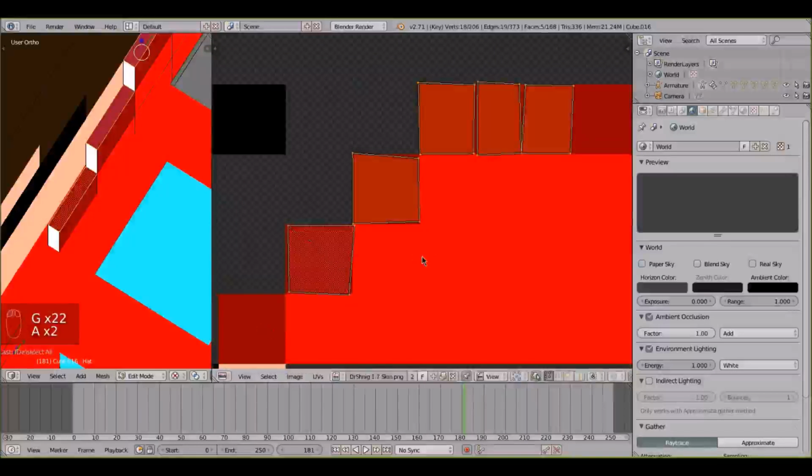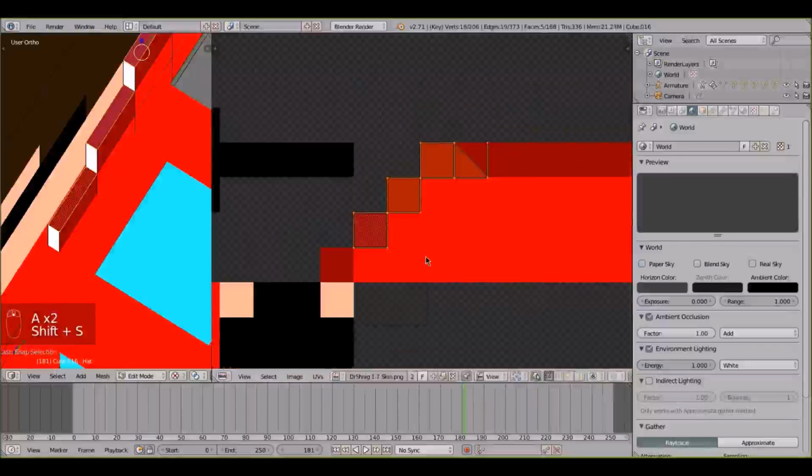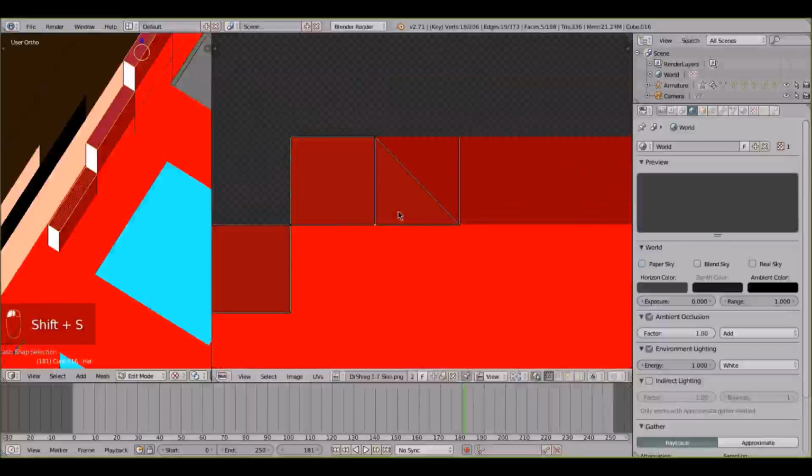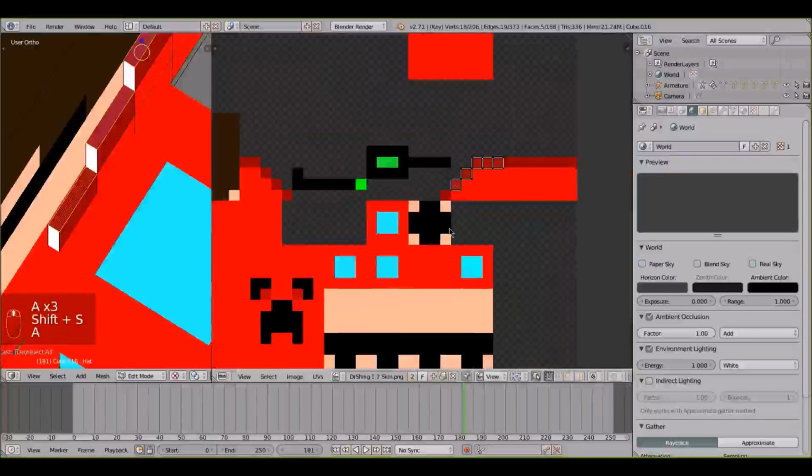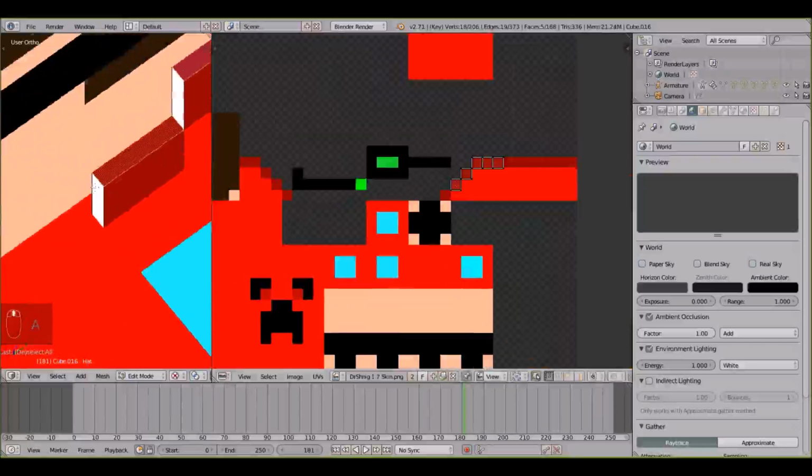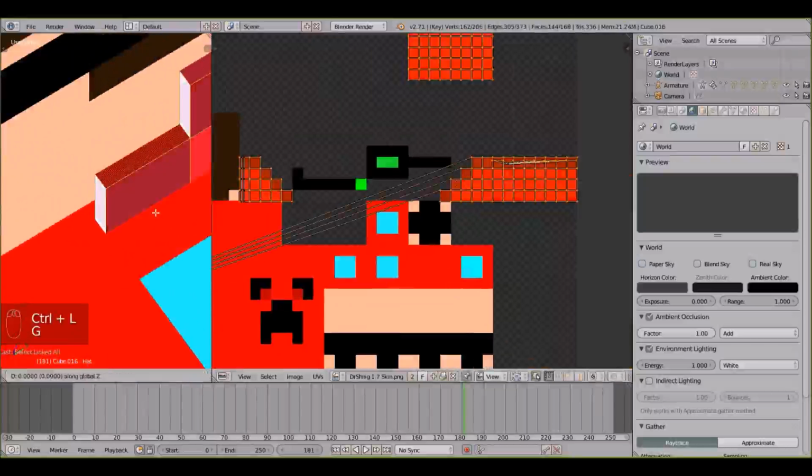and hit A, and Shift S selected the pixels. Now this went wrong, which I kind of expected, to be honest with you guys, because whenever I do this in the tutorials it cannot work. So now we've got to move the whole thing all over again. And there we go. So now if we hit Control L and G Z,